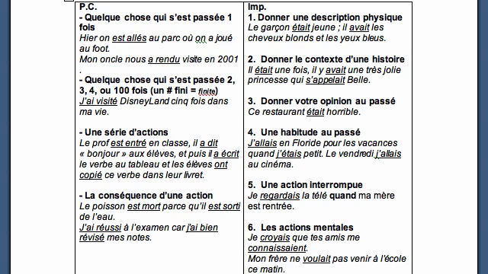Anything that's giving the context of a story, you're setting the scene for a story, you're talking about the weather, you're talking about once upon a time, like in this example. Il était une fois, il y avait une très jolie princesse qui s'appelait Belle. You're giving a context of a story. Once upon a time, there was. Her name wasn't just for 1 second, her name was always Belle. So again, context of a story. You could talk about weather, you could talk about things that were going on.